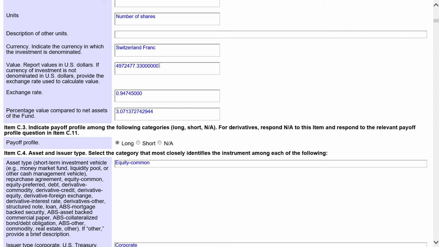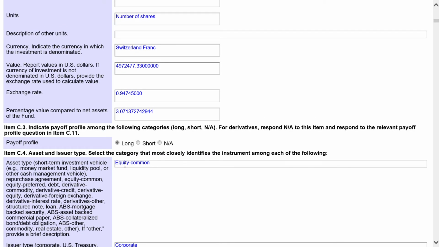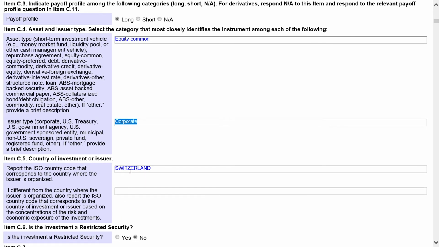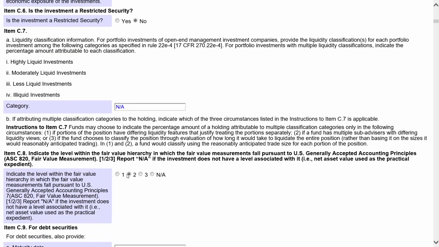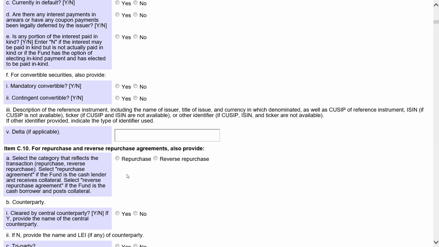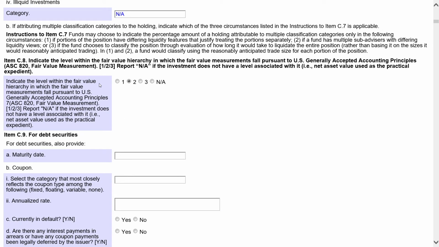And then it tells you what type of investment. Remember, the other one says it was derivative foreign exchange. This one says equity common, and it says corporate. So they bought equity shares, stocks of a company, and that company is based out of Switzerland. And then all of this information goes all the way down. There are probably 20 or 25 of these. And you would basically take this information and put it in a spreadsheet and line it up to review it. So as you can see, all the way down the page,